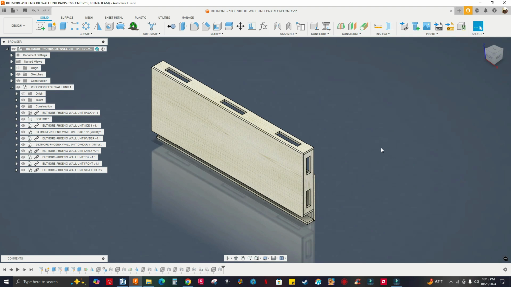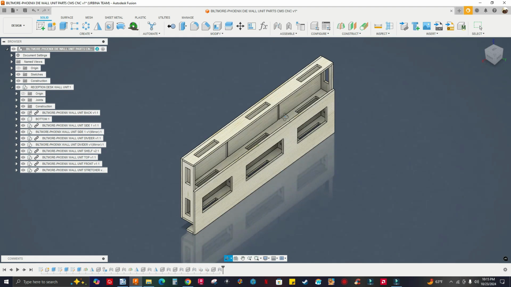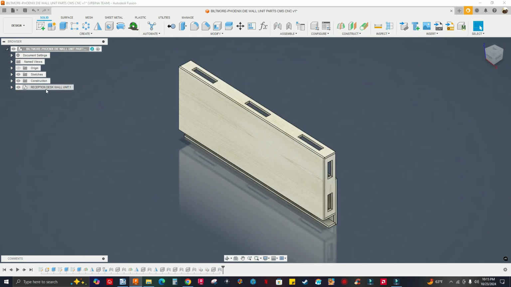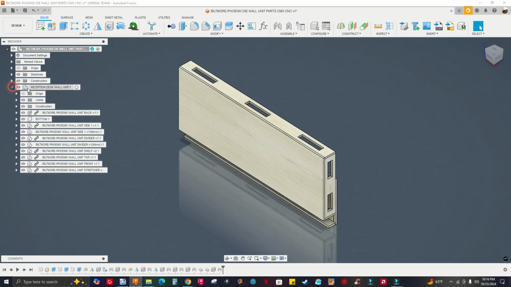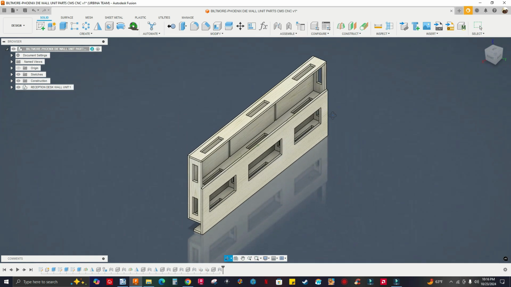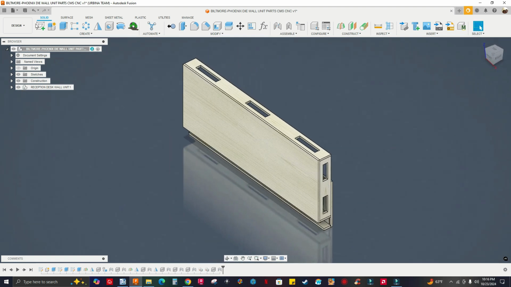Alright guys, in this video I'm gonna use the plugin, or an app called MapBoards Pro, to nest this drywall. See the assembly here? I've got the sub assembly and all the components right here. I'm also gonna nest this using